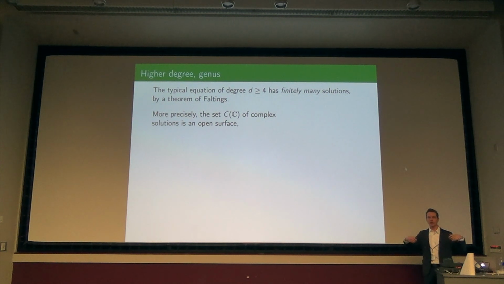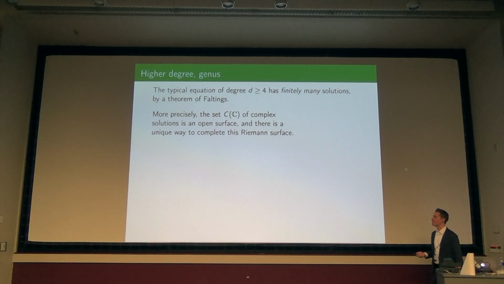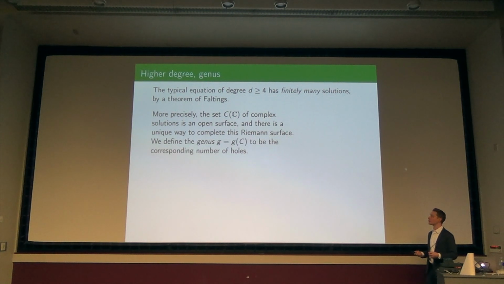There will be something, t going to infinity, or x and y going to infinity, and we somehow need to keep track of that, or else we're missing something in our description. Let me just assert there's a unique way to complete this to make a nice Riemann surface. This is called compactifying. You missed finitely many points, and you can plug them in a way such that the total space is smooth. So in this way, you get a compact surface.